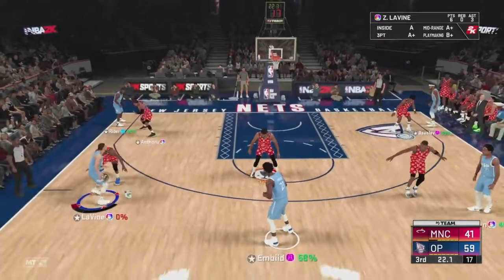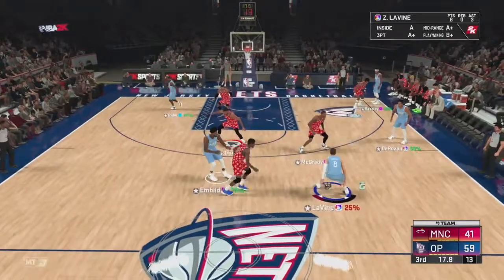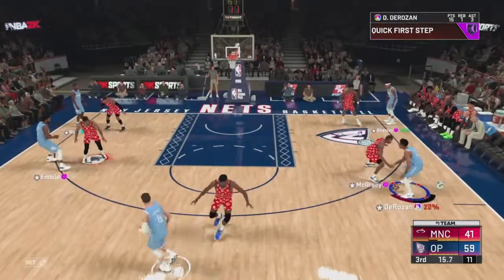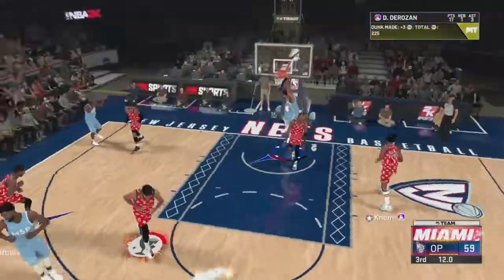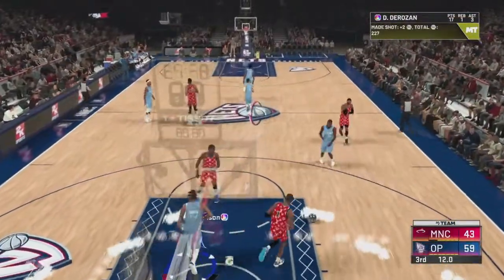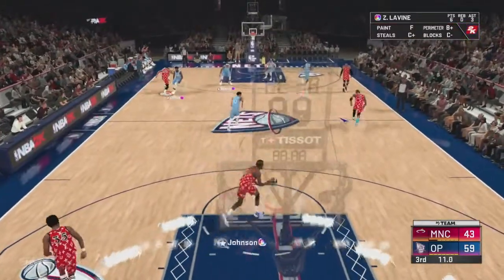And, dude, LaVine is getting stripped, and he does not have that unpluckable badge. That is one common complaint that you hear with this card, and it is definitely showing up here in this game as we get by our opponent right there. Good hop step, and he puts it up. There we go, DeRozan. DeRozan came to play. No one else really did, but...